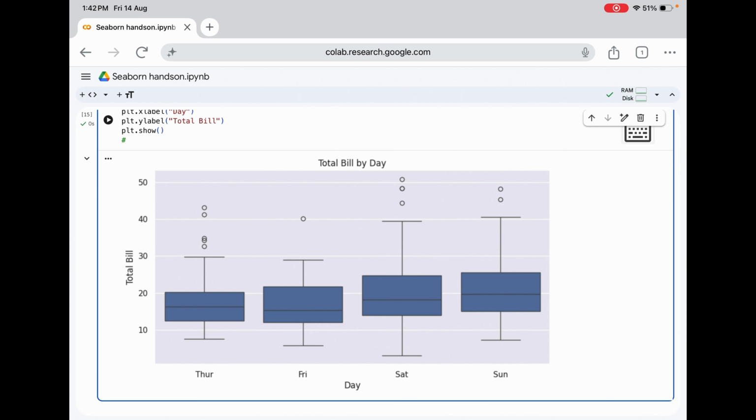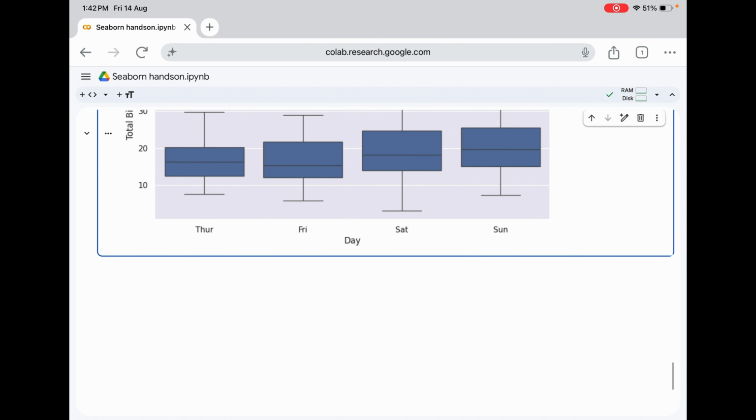A box plot helps us understand the center of the data, the spread, and potentially unusual observations, or the outliers. And because we are putting several categories side by side, it is easy to compare their distributions. For example, we can ask which day has a higher typical bill, which day has more variation, and are there any unusual values? Okay.